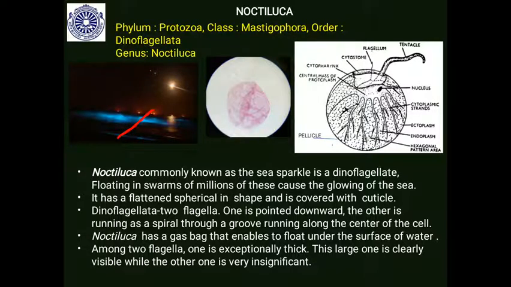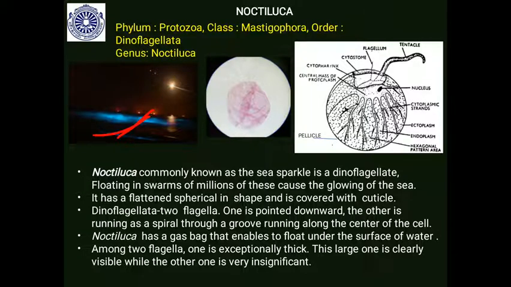This is a bioluminescent protozoa, Noctiluca, commonly called sea sparkle, because millions of Noctiluca come to the surface and emit light. So the blue light, they have a phosphorescent substance, or else a luminescent protein called luciferin. This luciferin is oxidized and produces light like this. Millions together sparkle like this.